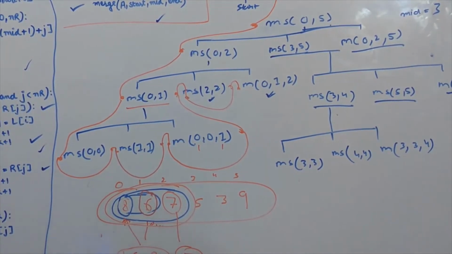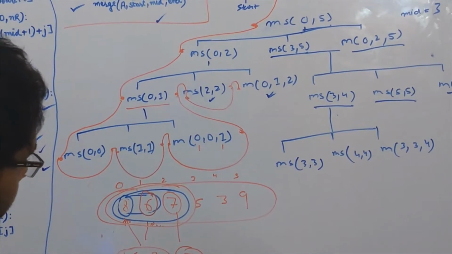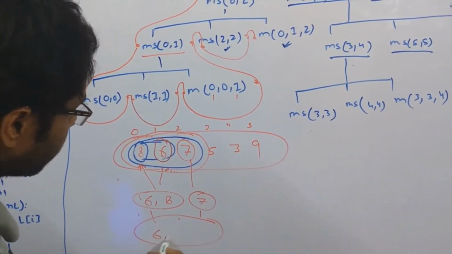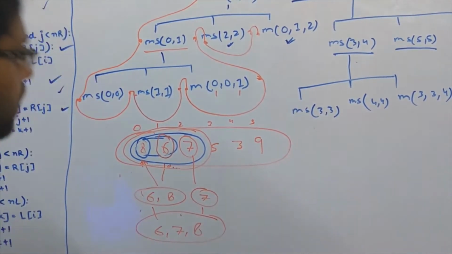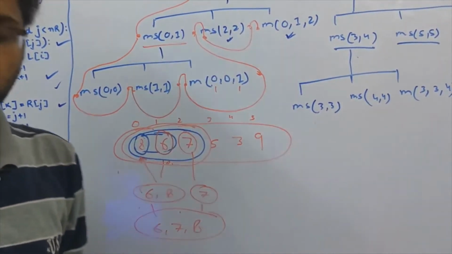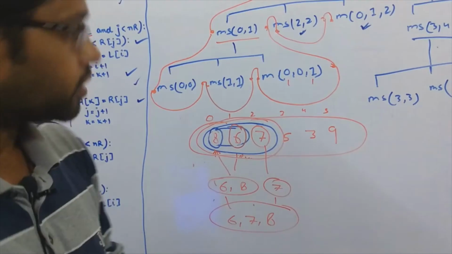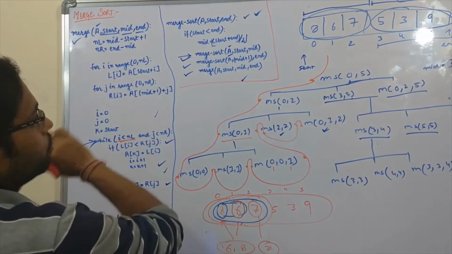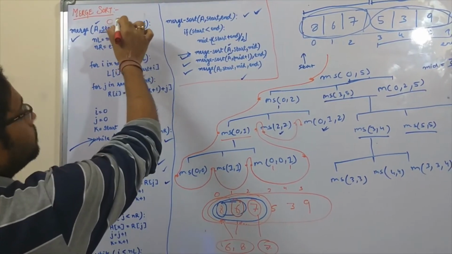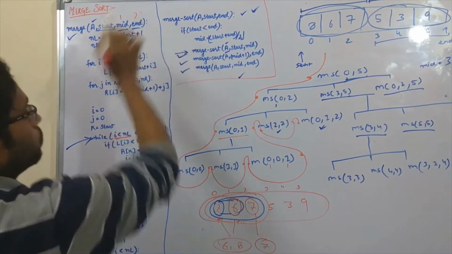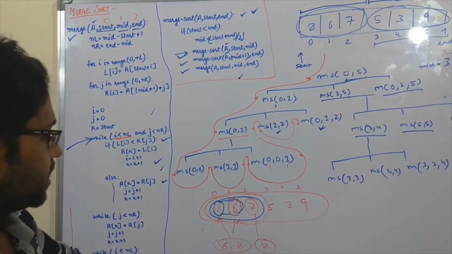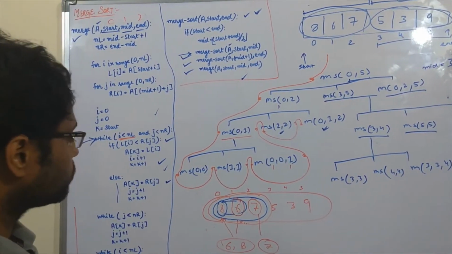Now what will it do? It will compare these three elements and try to put them into their correct positions. If you want to see how this procedure is working, that will also be fine. I will just change the values here and you can see how it is working: 0, 1 and 2. Now we will see how the array is going to change.